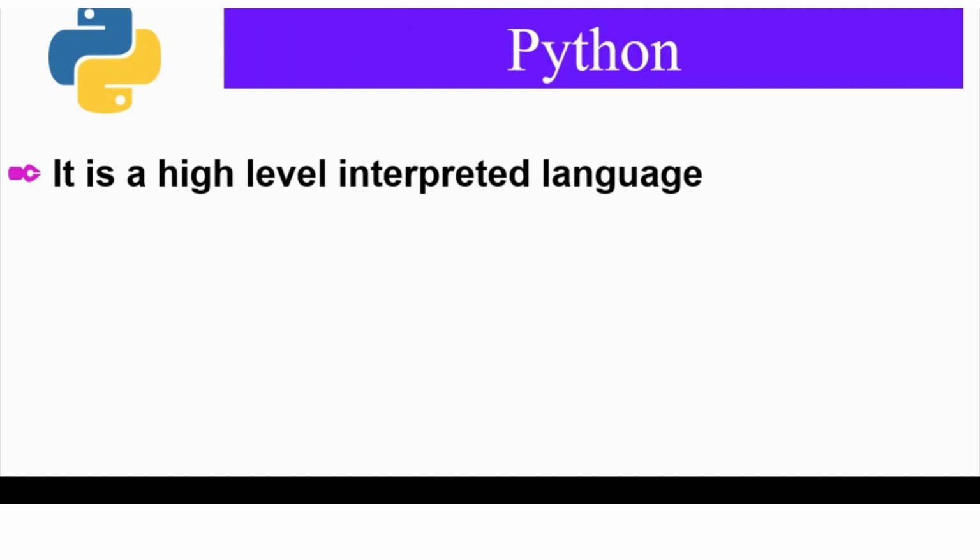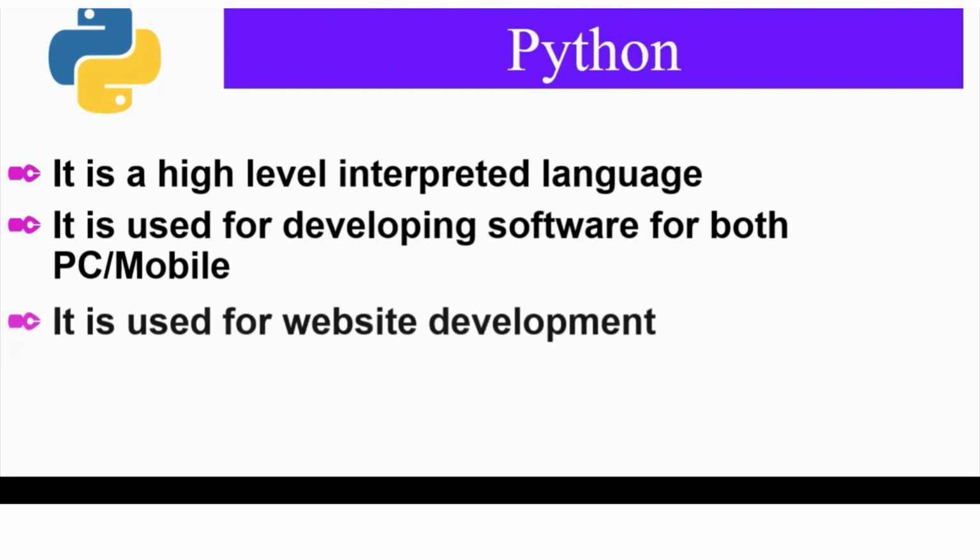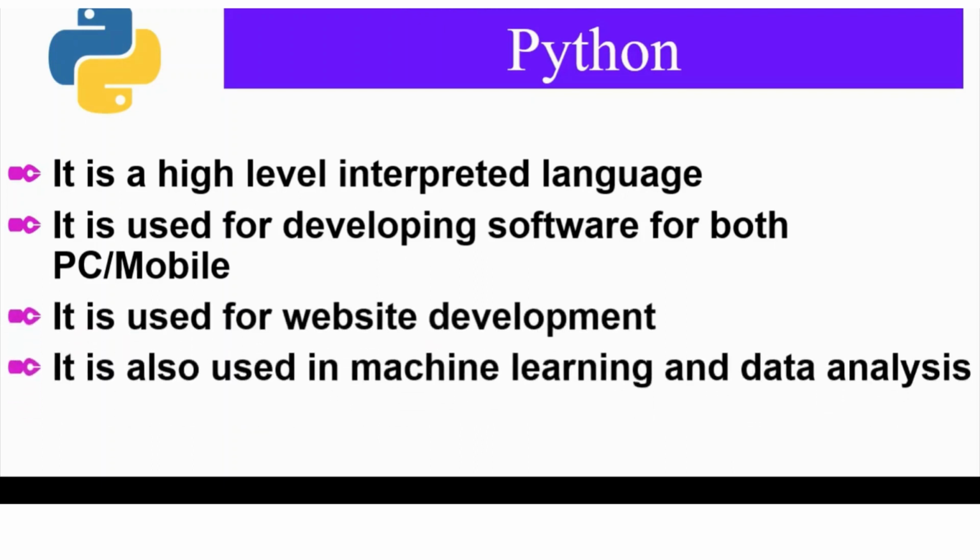Python is interpreted, that means the source code which is written by the programmer is first converted to bytecode and then to machine code by the virtual machine or the interpreter. The Python language is used in various areas like software development, website development, machine learning and data